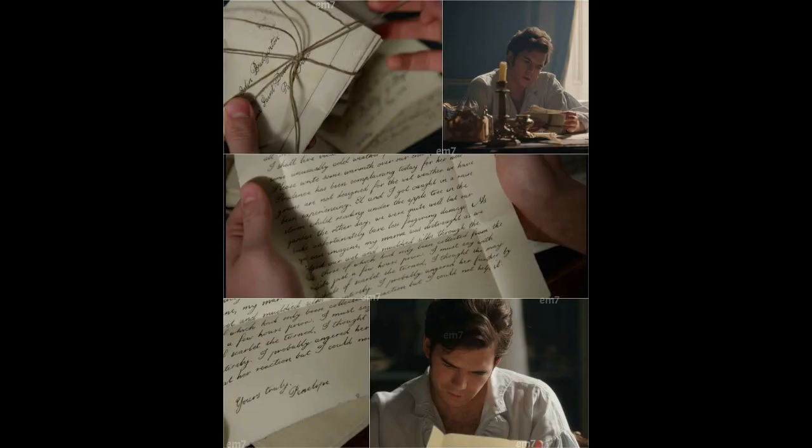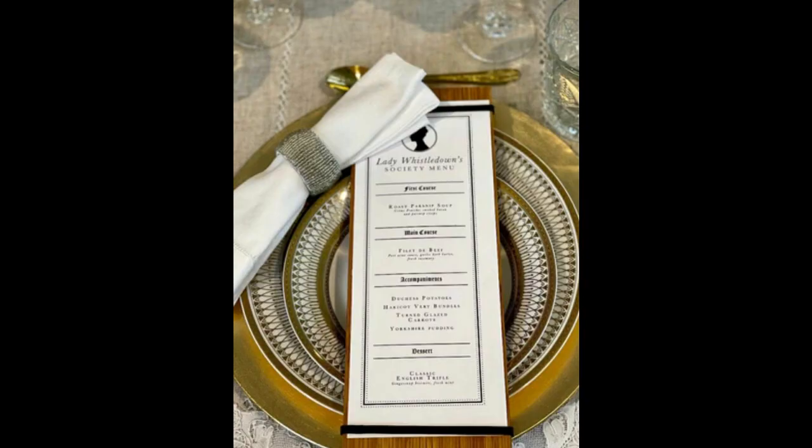The other thing is, I've noticed that when you're doing a theme of something, you can really let the food take center stage. You don't need a whole lot of decorations or plastic knickknacks. You can actually have the food be more of the decoration. And I've noticed with Bridgerton, a big theme of it is writing, with Lady Whistledown. So you could either print up little pamphlets to use as place settings, or